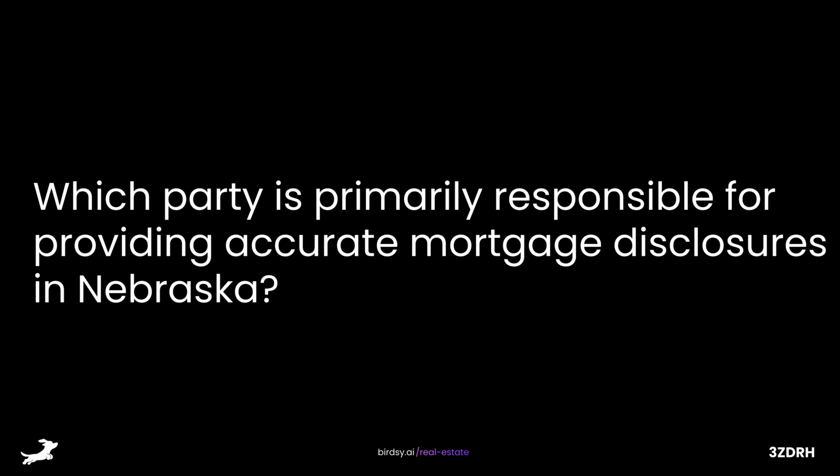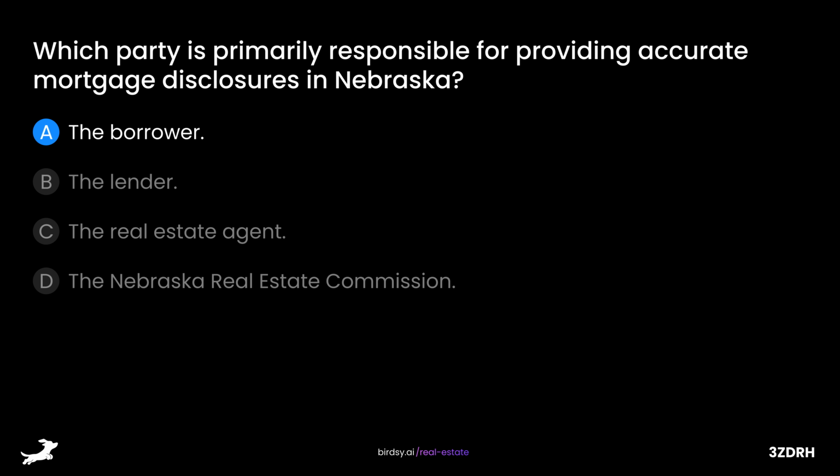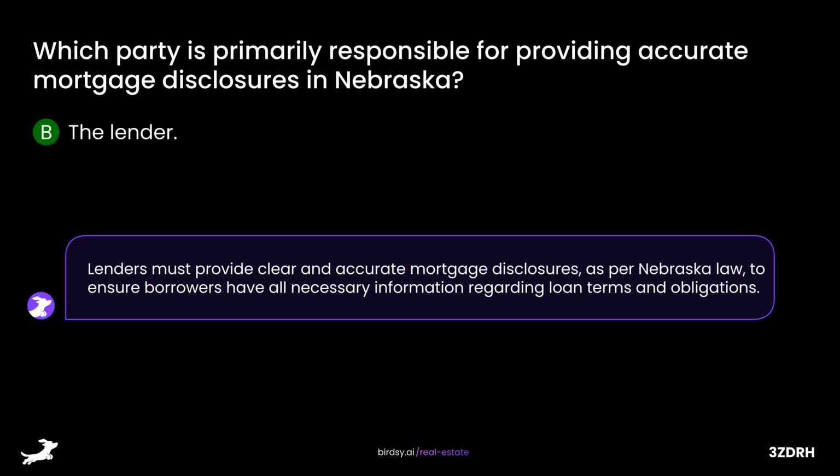Which party is primarily responsible for providing accurate mortgage disclosures in Nebraska? Is it A, the borrower; B, the lender; C, the real estate agent; or D, the Nebraska Real Estate Commission? The answer is B, the lender. Lenders must provide clear and accurate mortgage disclosures, as per Nebraska law, to ensure borrowers have all necessary information regarding